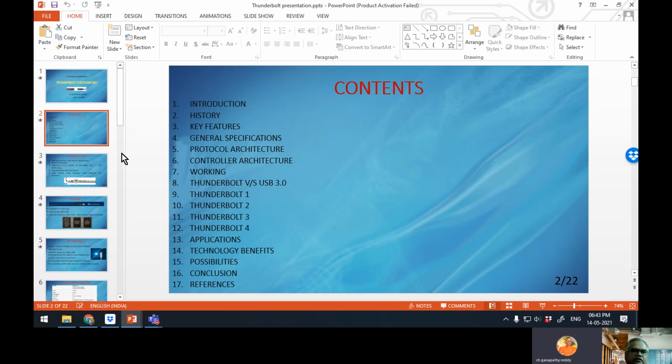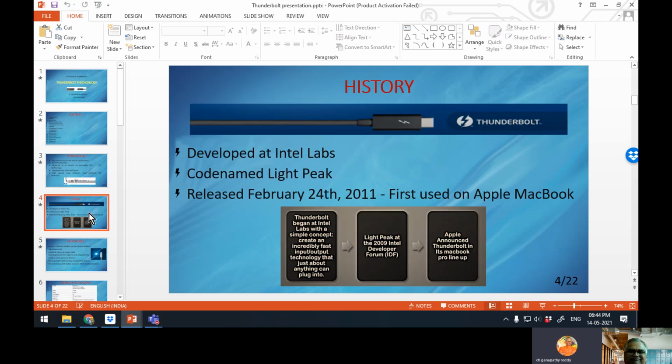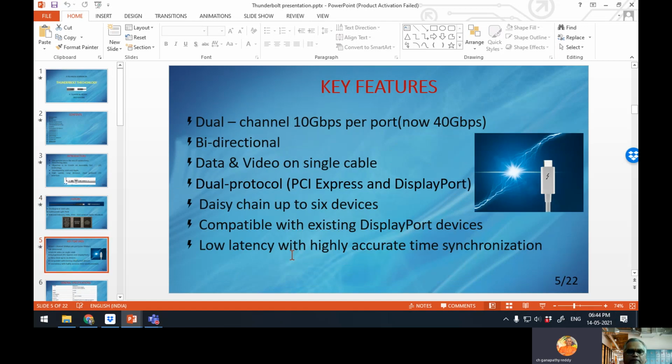So contents, again a list is there. Here heading is red color, I selected purposefully. Background one color, heading one color, text is another color, three colors. And font size is also different, heading size different, content size different. Here page numbers are coming in the right corner. So here bullet points, all are single line. If all are single line, alignment is not necessary.